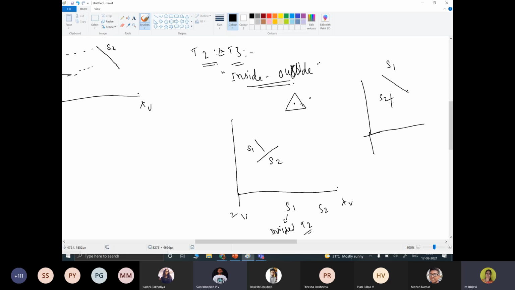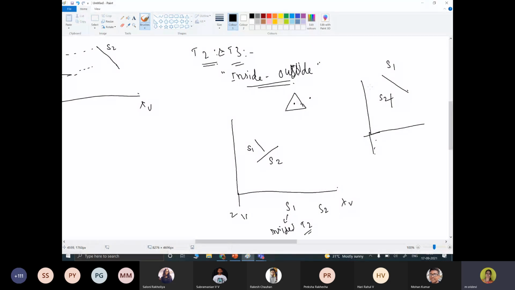I'm talking about S2. Is the point clear? S2 is completely in front of S1. You are viewing from this direction, and S2 is the front object.